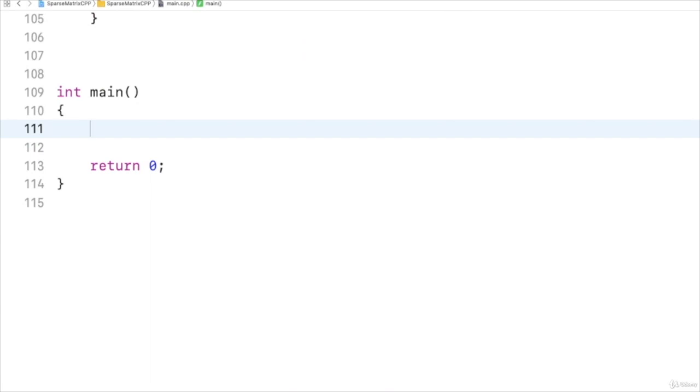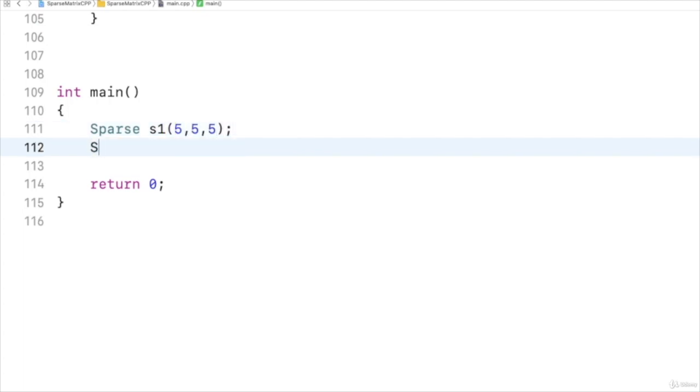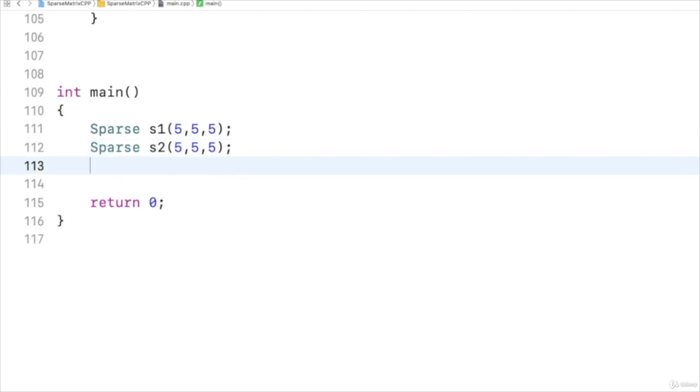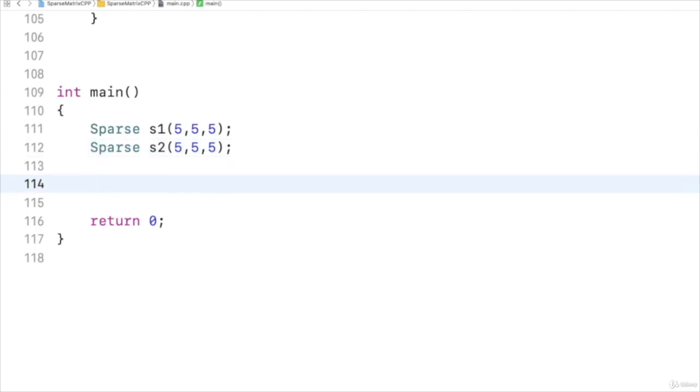Now inside the main function, I will create the matrices and add them. So I have cleared the main function. Let us write it from the beginning. So this is the first matrix x1. The first matrix, let us say dimensions are 5 by 5 and the number of non-zero elements is also 5. Then the second matrix is sparse s2, and this also has the same, that is, number of non-zero elements are 5. Then I will say cout, enter first matrix,